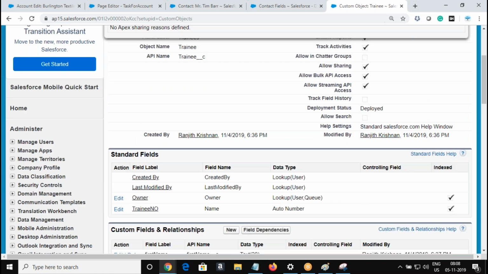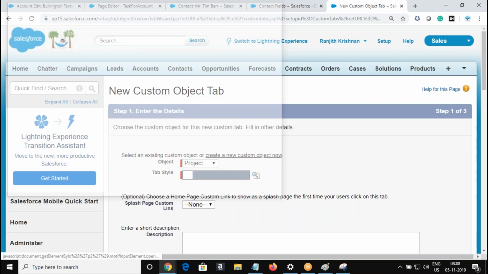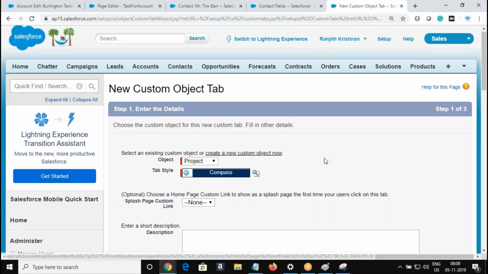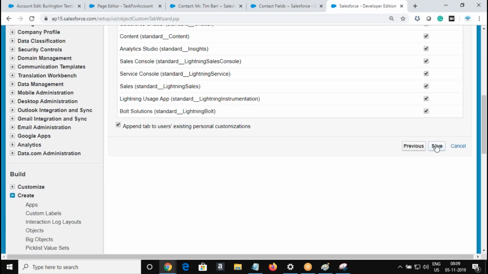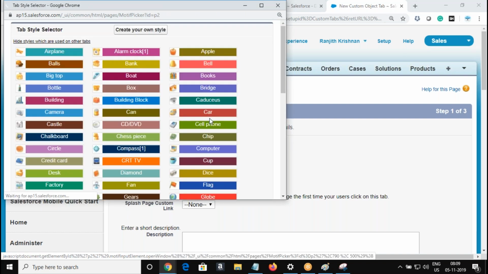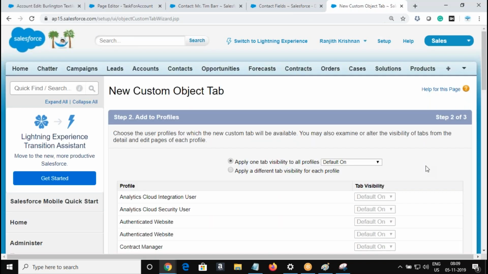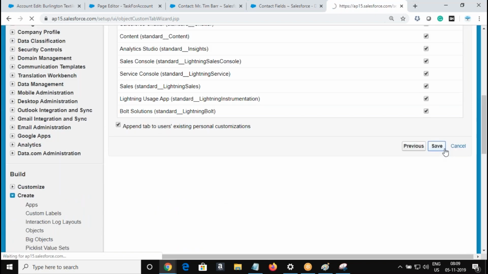We created it and we quickly create two tabs so that I can add some rows to the project and the trainees, so that I can show the demo of how to refer to the parent and child field in your Visualforce page for the custom object relationship. So one more for trainee. I leave all the defaults as they are. A tab is added to all the applications. It's available in all applications. Okay.